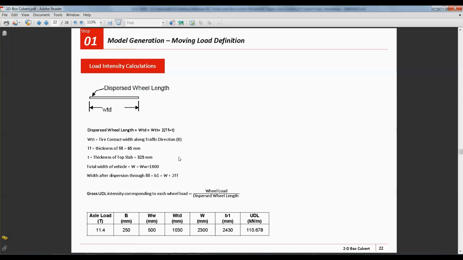If it is soil or pavement, you have to include the sum of both, and T is the thickness of the top slab. Here the width after dispersion through the wheel is 2.3 meter, and the total UDL we have calculated is 110.678. So this is the total UDL that we are going to apply.